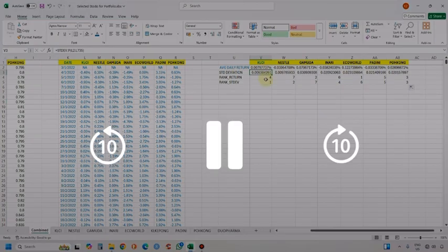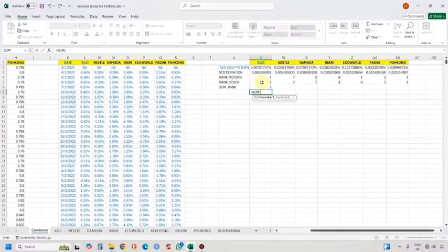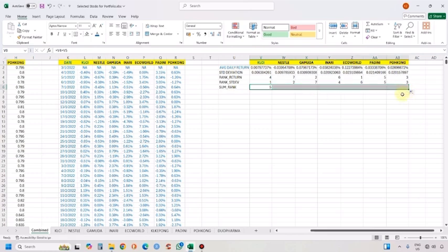And for KLCI, it is 0.00609. It is right. Sum. Let's select these two. Alright, it will still give the same answer. So whichever you like. Then drag to the right. Okay, now that we got the rank, the sum rank, 5, 9, 9, 10, 7, 10. Okay, next is to